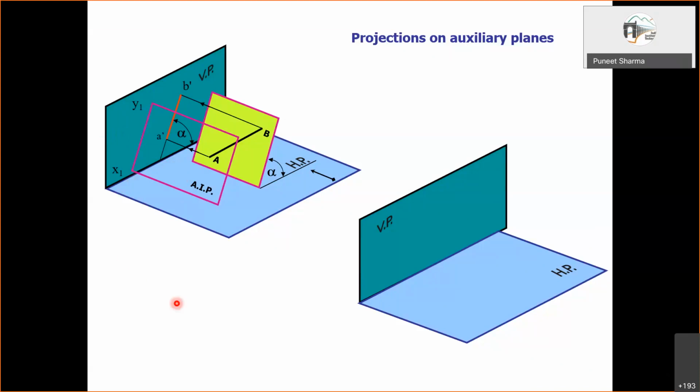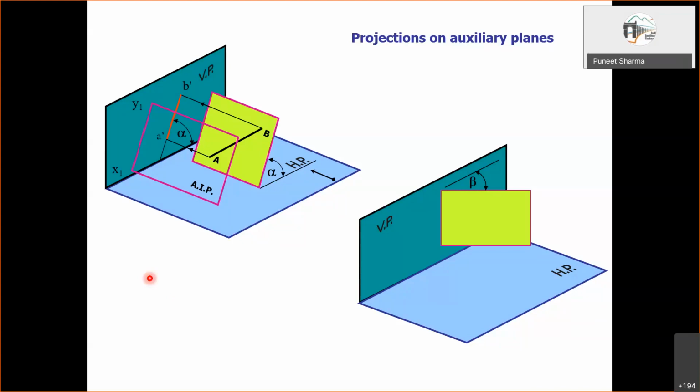Okay, now let us have a look at the other diagram. Sir, why are we making a new plane for that? Can't we use the old auxiliary plane to get the true length? That can be done, but why are we using? I'll maybe explain in the next slide. Choosing it parallel and away from the line actually makes it a more clear diagram. The diagram will remain more clear. That is the purpose. And I think in the next slide it will become more clear, whatever you are asking.